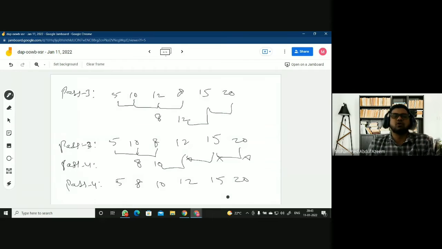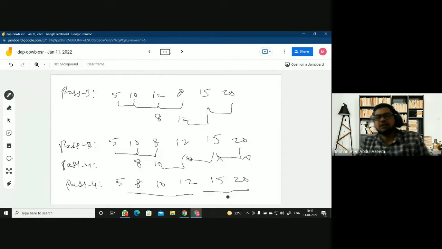Yes. So you need not do any further process. Actually, how many elements are there? A total of 6 elements. So the maximum number of passes required in the worst case scenario is 5. But the 5th pass is not required here, since the elements are already sorted. At the end of every pass, you check whether the elements are sorted or not. If the elements are sorted after that particular pass, you stop and do not do the next pass. So this is how bubble sort becomes efficient, considering all 3 possible cases. I hope the mechanism and the demonstration are clear.